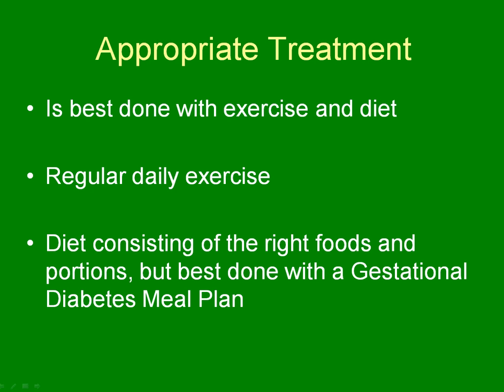So in addition to daily exercise, you need to follow a diet of the right foods and portions. Portion control is extremely important, and it's best done with a gestational diabetes meal plan. So we provide gestational diabetes meal plans at